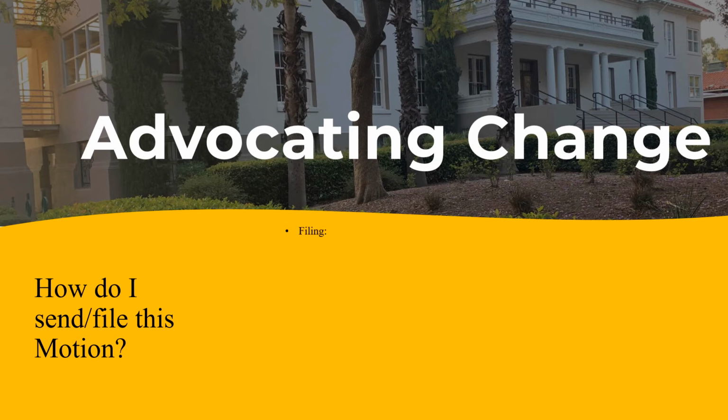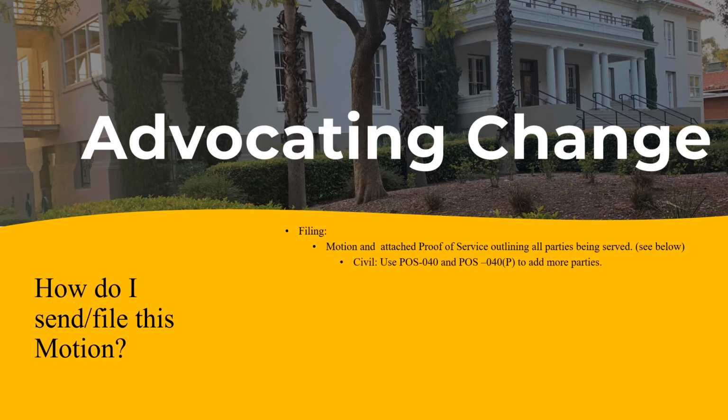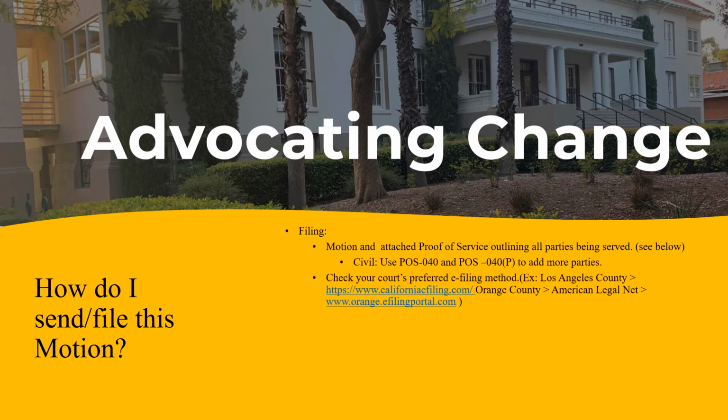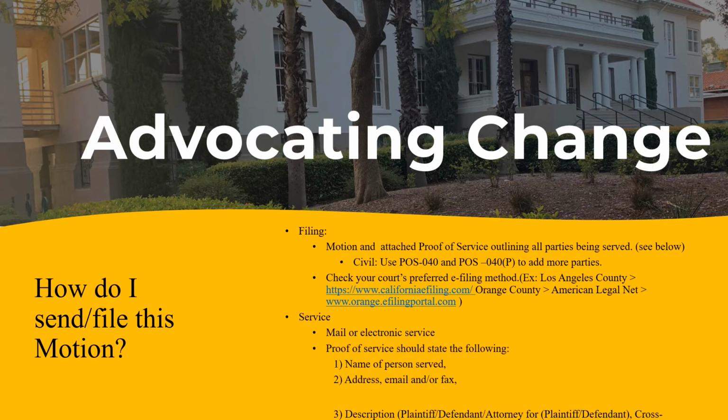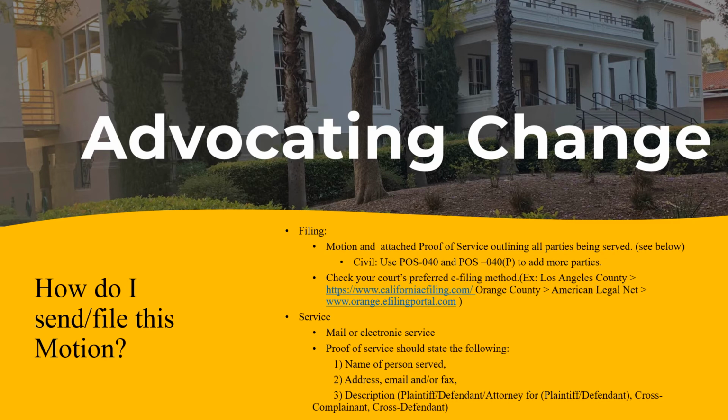How do I send and file this motion? Motions in limine get served and filed as any other legal documents do, unless the court indicates otherwise. There are circumstances in which the court might require that trial documents be delivered directly to the department rather than through the clerk's office. For filing, you will file your motion with a proof of service attached to it. The proof of service can be on pleading paper, or you can choose to use the judicial forms provided to you on the